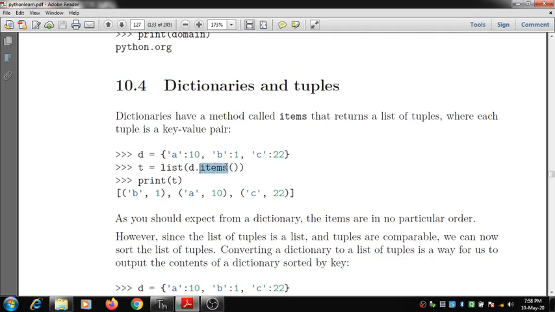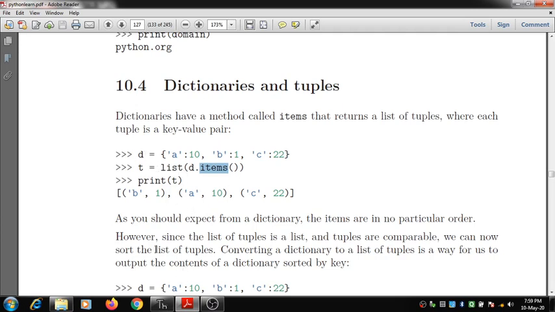When I use the method items, it will return a list of tuples where each tuple is a key value pair. So here you can see using the method items, I can create a list of tuples where each tuple is a key value pair.